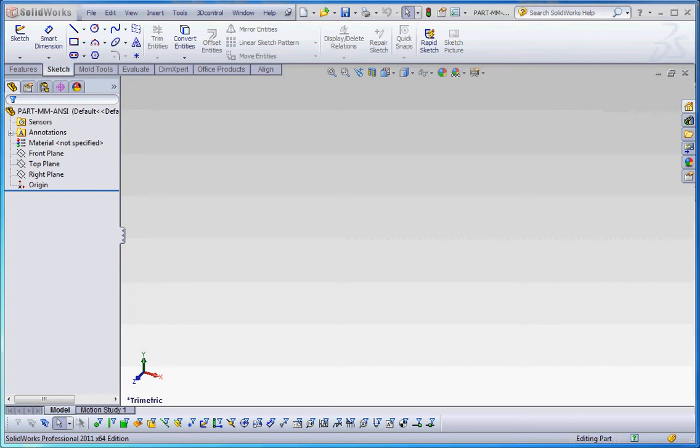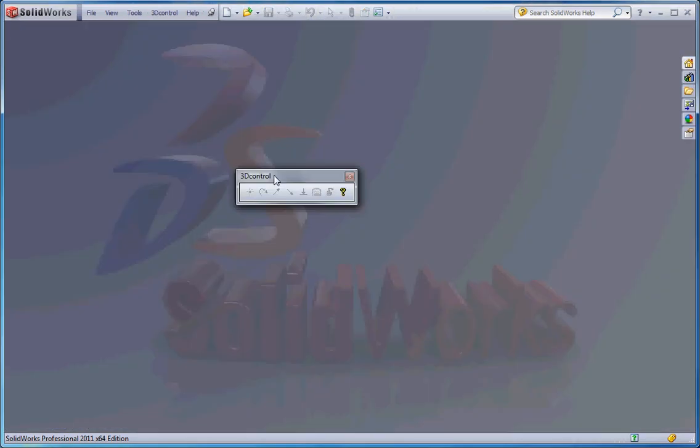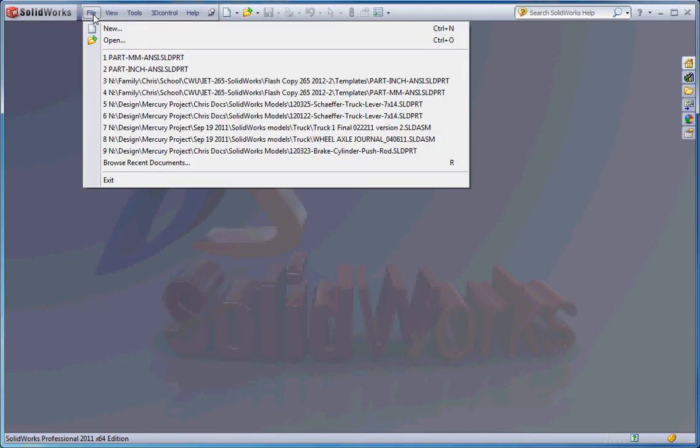So let's do this. Let's go ahead and open that up. If you don't have that open yet, I think I already have mine opened, but for the sake of demonstration I'm going to go ahead and close that out. And the way you open up a file in SolidWorks, I'll close my 3D view. I have a 3D mouse that has a display that comes up occasionally, but you probably won't have that on your computers in the CAD lab. So go to File, go to Open,